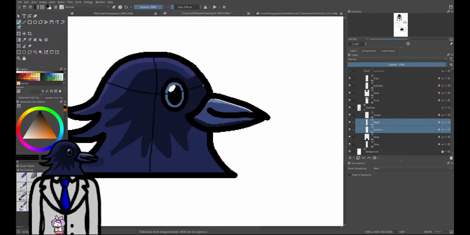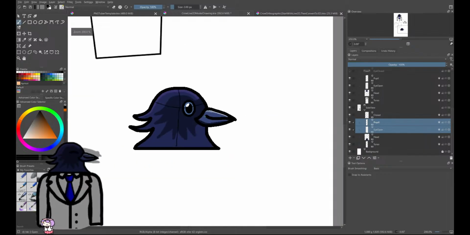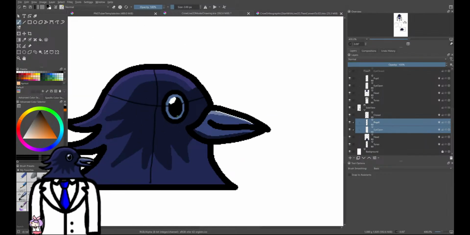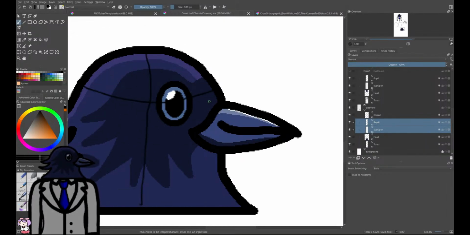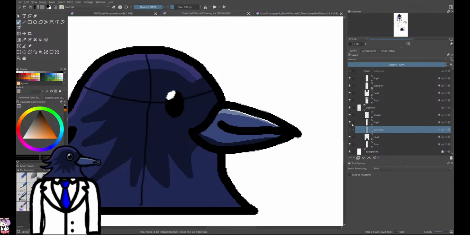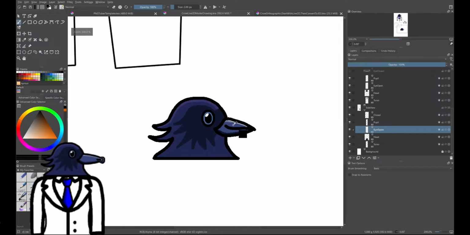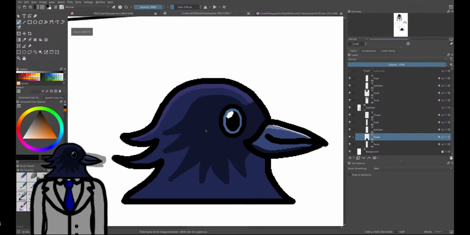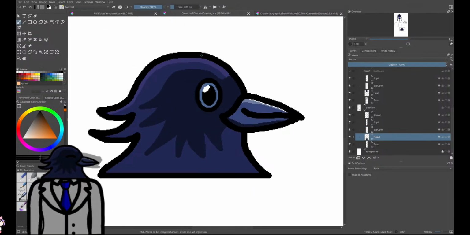Kind of like that. Then he would be there. Let's actually remove the layers. So let's erase those. Let's go to our head layer. Then if we go like this,